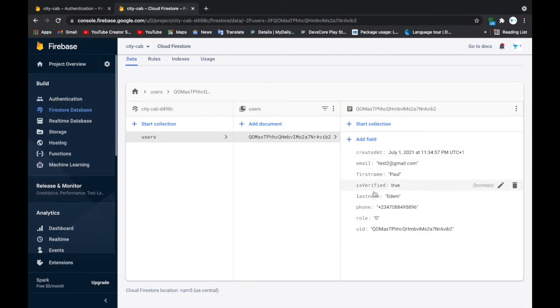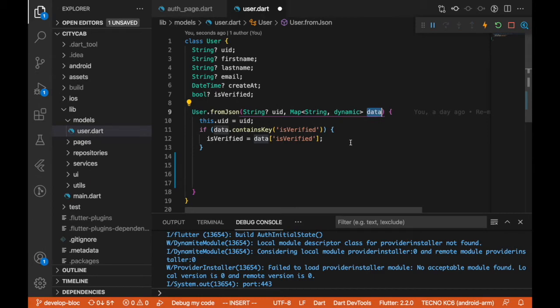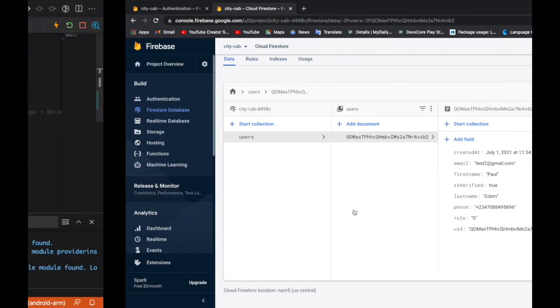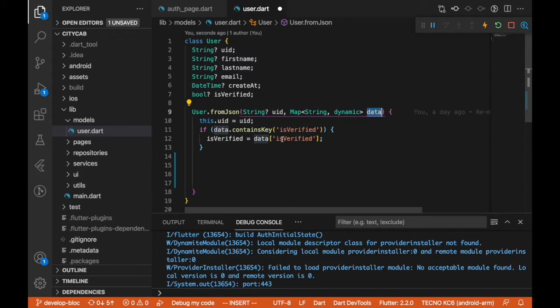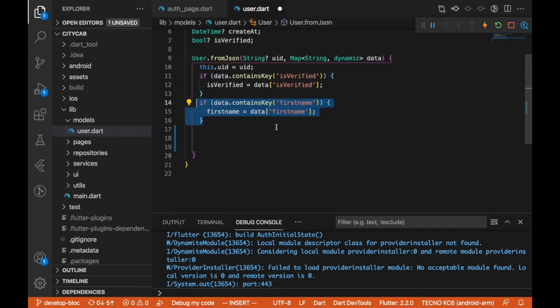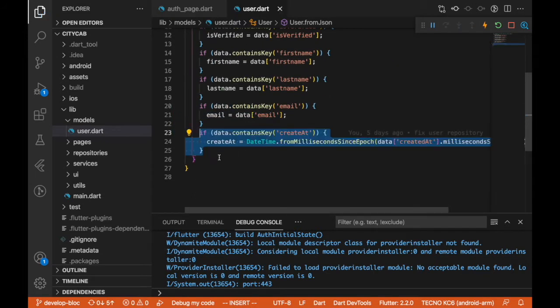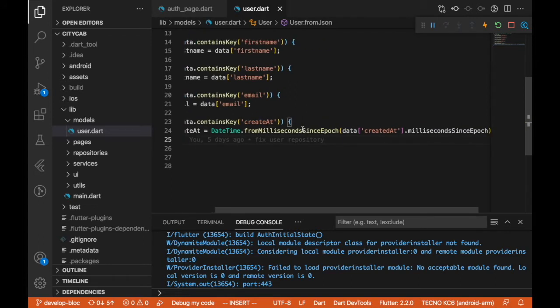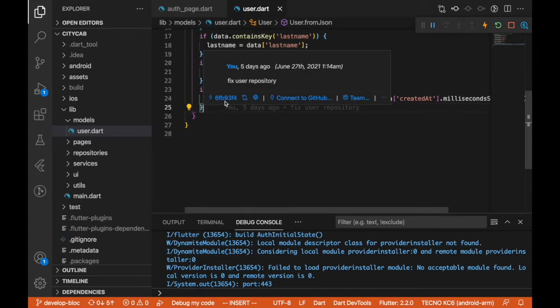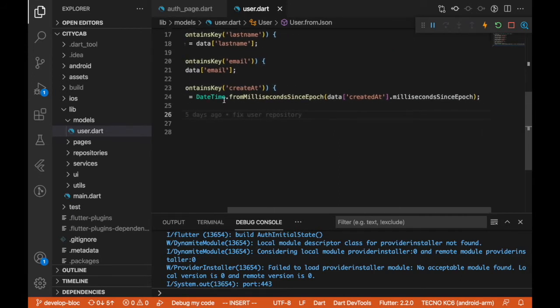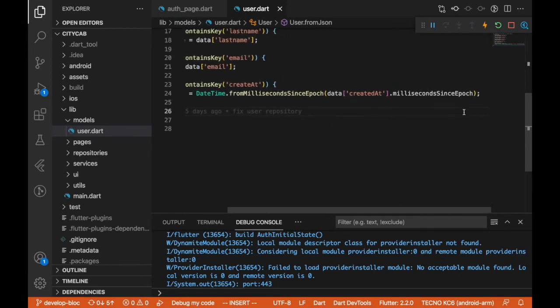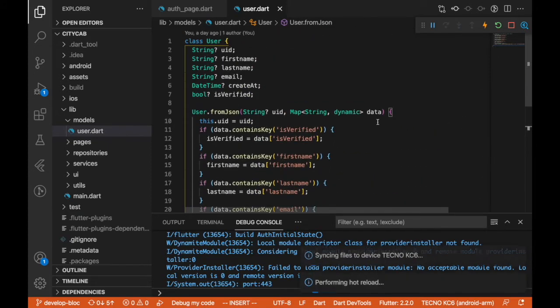If the data contains is verified, the key, which is the field, if it contains that field, I'm going to set the is verified to the is verified up here, and I'm going to do the same for first name, the same for last name, the same for email, and also the same for created at, with date time from milliseconds, and I do all the stuff here. So I'm going to save that, and we'll move over to our